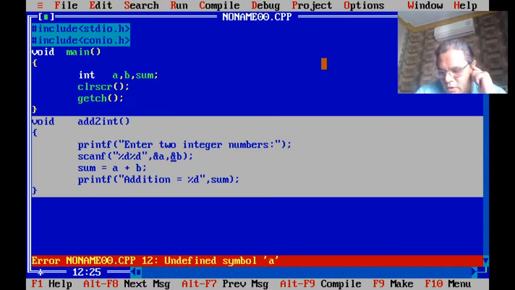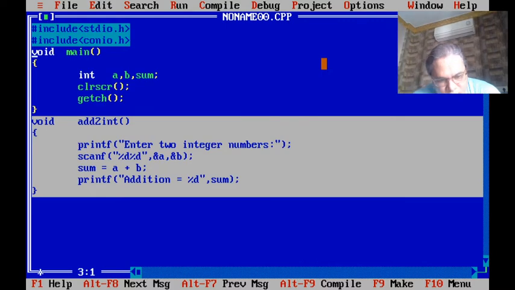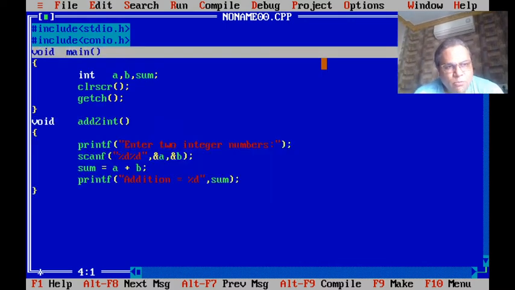Now there is another very important term related to the function. When we ask the compiler to start execution of our program, by default the compiler knows the program will consist of function main, so it will start execution from main.